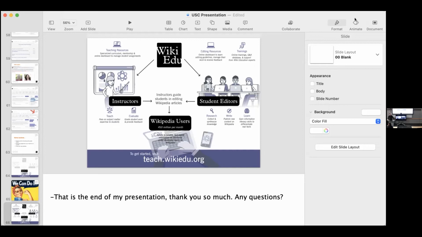So your work is never gone. It's not like it disappeared. It's in their individual edit histories, and it's in the article's edit history. It's always there.